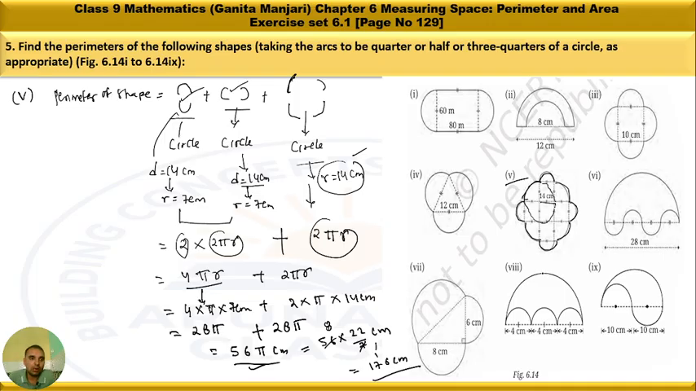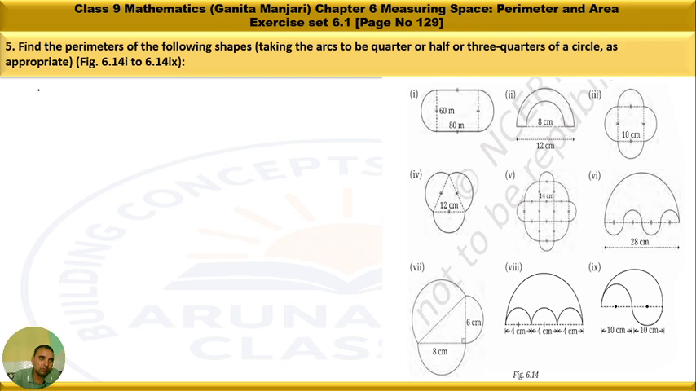Now moving to the next part, that is the sixth part. In the sixth part, you can see the shape of the figure is given this way. This is one semicircle, and this semicircle has a diameter of 28 centimeter. I'm writing here what we need to find: the perimeter of the given shape. We need to find the semicircle length. When the diameter is 28, I will write the radius as 28 upon 2, that is 14